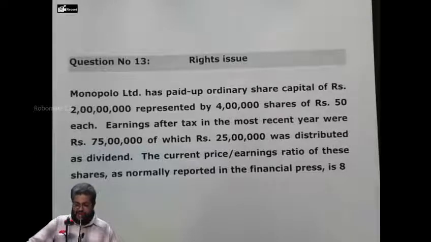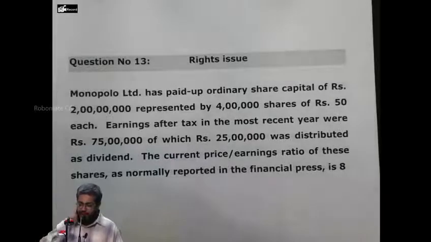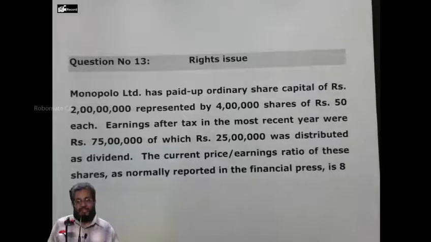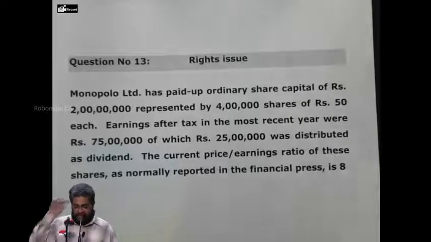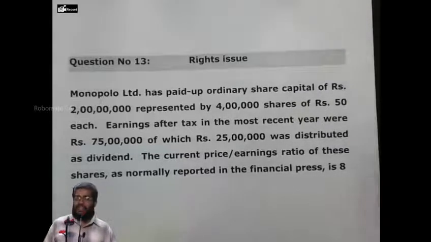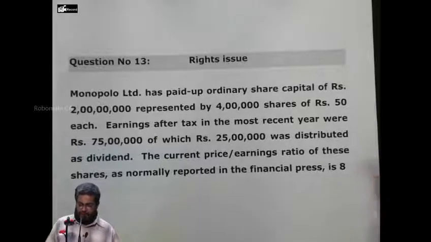Earnings after tax in the most recent year were 75 lakh rupees, of which 25 lakhs were distributed as dividend. The current price earnings ratio, meaning PE ratio. What is the formula for PE ratio? MPS divided by EPS. It is 1 by KE. Inverse of KE is the PE ratio of these shares as normally reported in the financial press